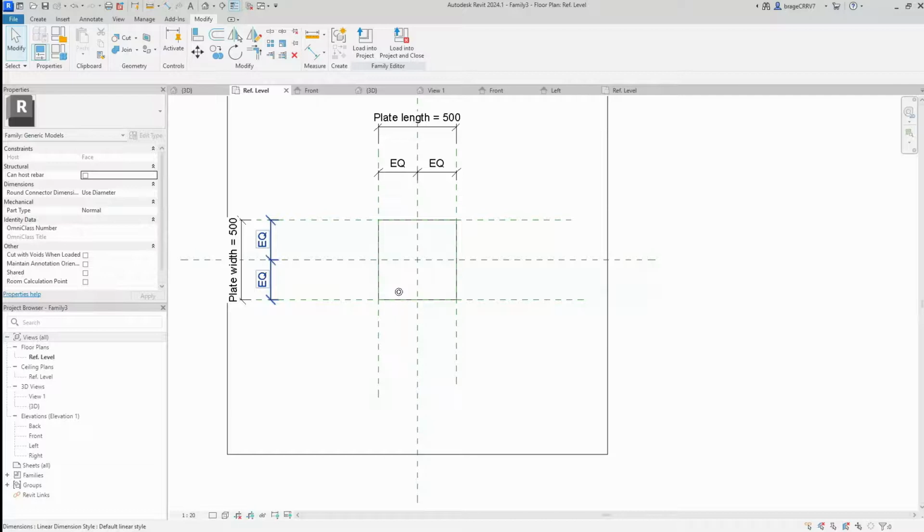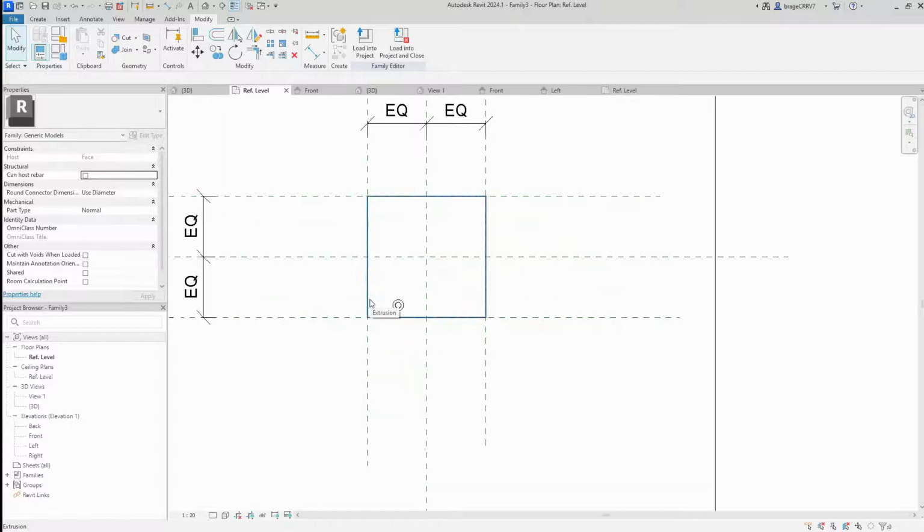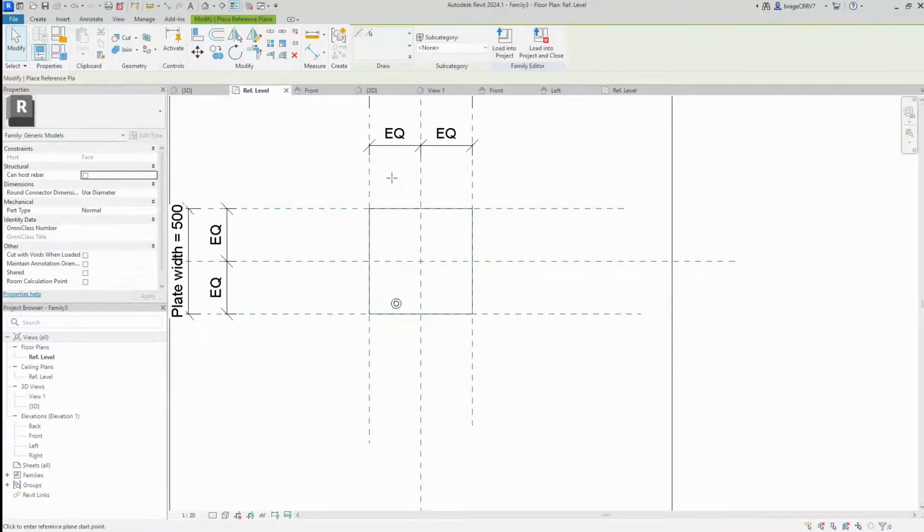So the great thing now, we have repeating components. That is a nested family without all the reference planes that we would have created in this family. It would be a total mess. But luckily, we made a nested family. So we want to place it on our welding plate with a distance from the edge that the user can change. So we are setting up